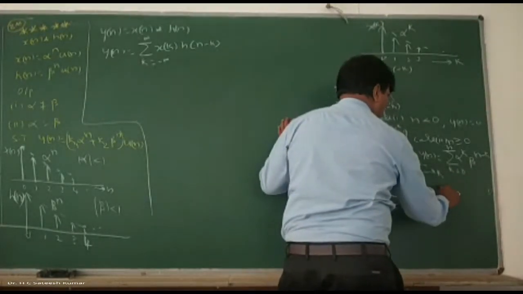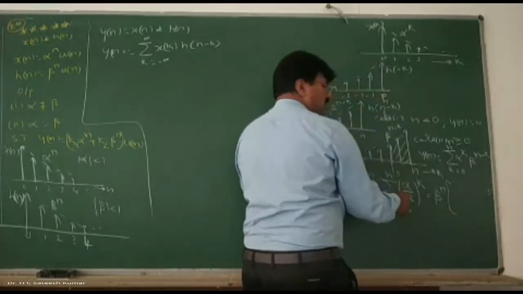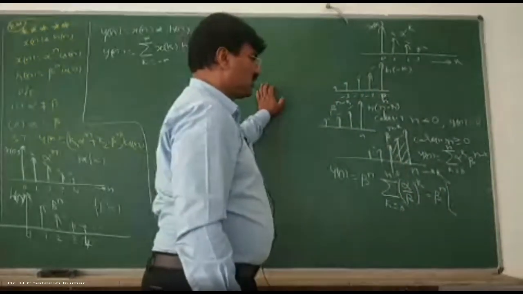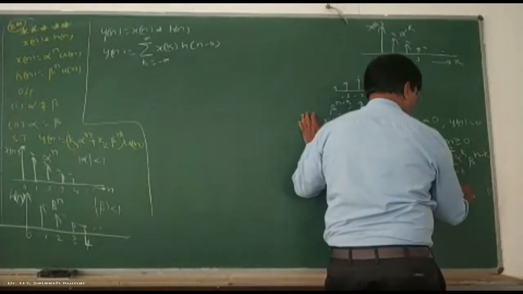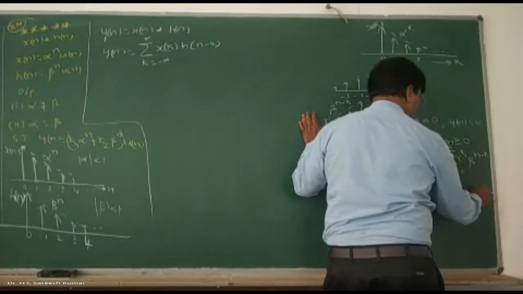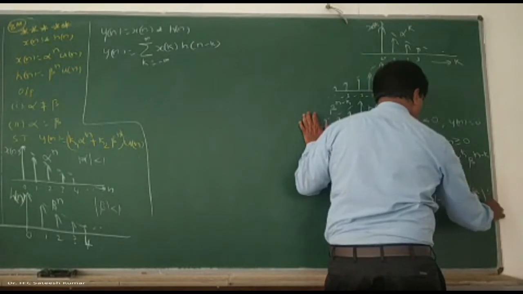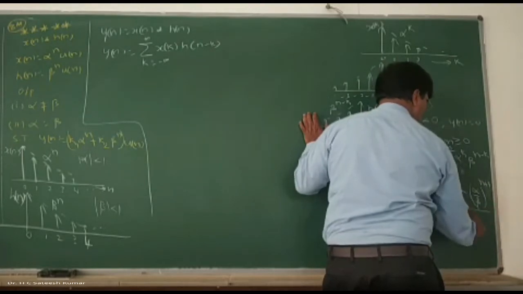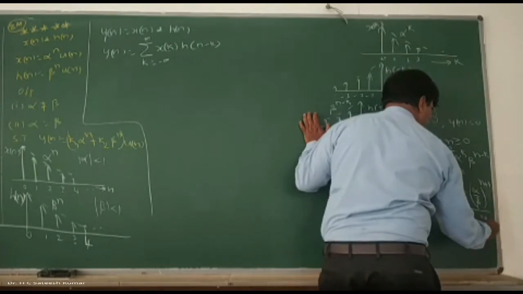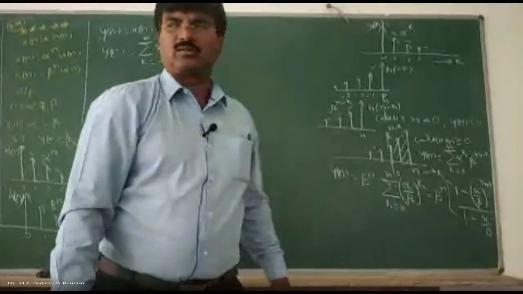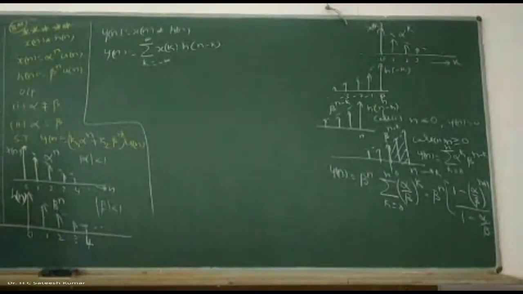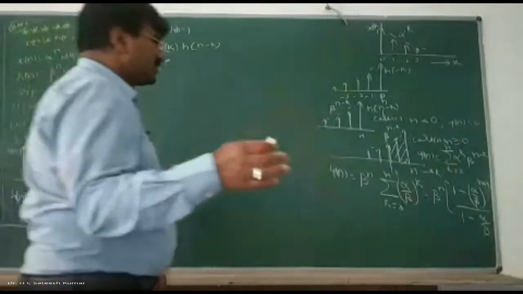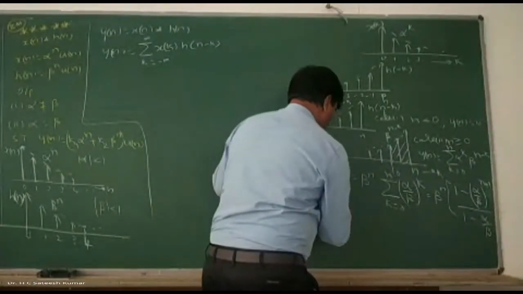Summation from 0 to n of a to the power of n is what? It is 1 minus alpha by beta whole to the power of n plus 1, divided by 1 minus alpha by beta. So the formula is available. You can check it. Identities, I did it. So y of n is equal to